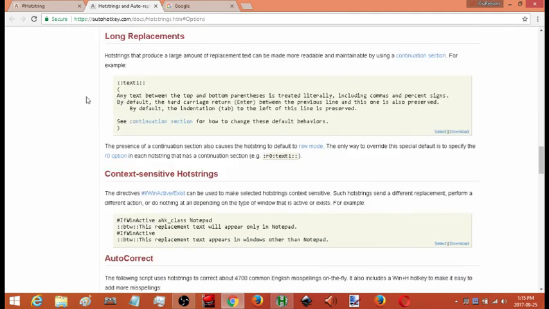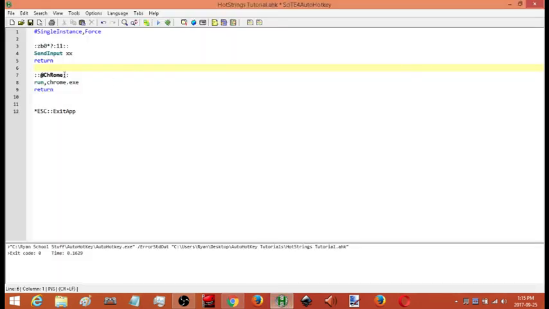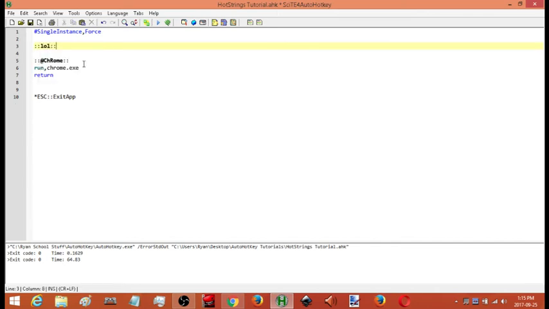Long replacements. Okay, here. If you have, let me go back to what I had before. If I have something that's really, really long, rather than me typing it out beside my hotstring, what I can do is drop down a line and put it into parentheses, everything that I want to have in it. So,